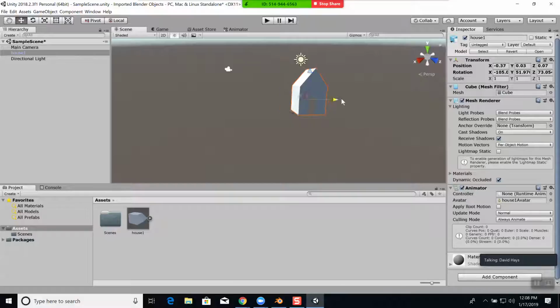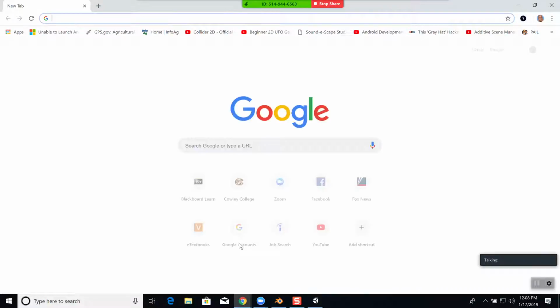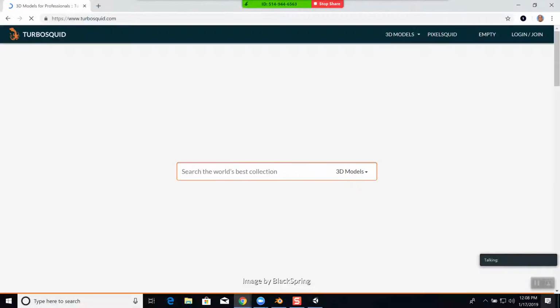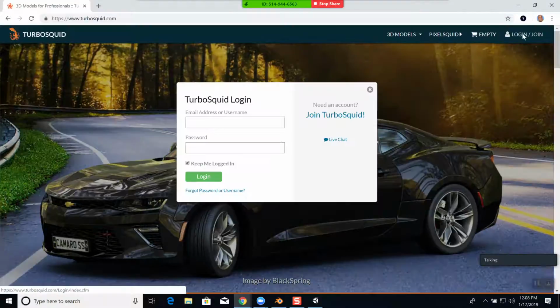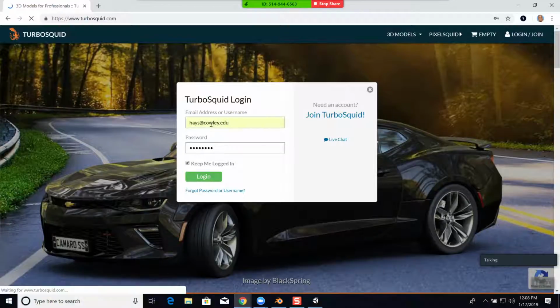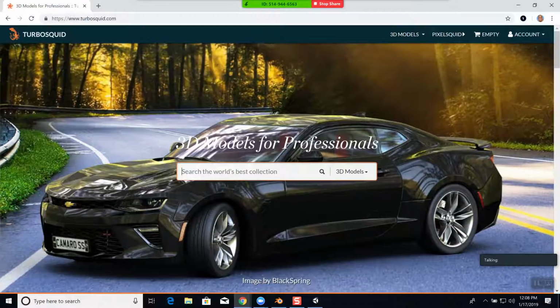And just like everything else, you can move that around, and so forth. Now, let's see if I can remember my sign on to TurboSquid. TurboSquid. Email address. Okay, so